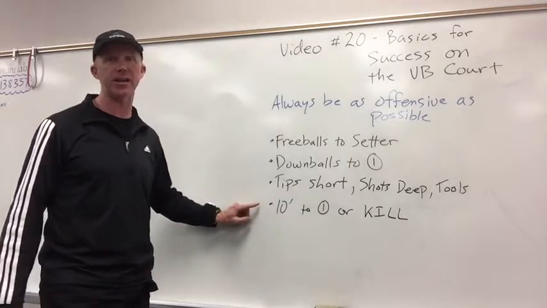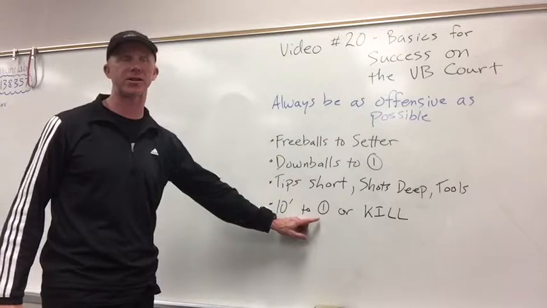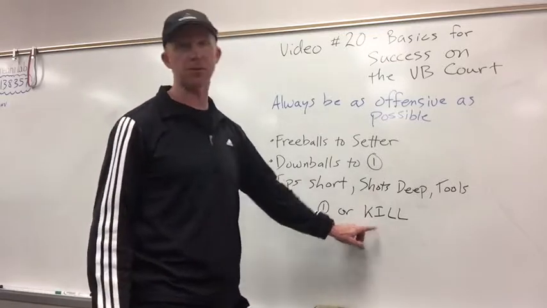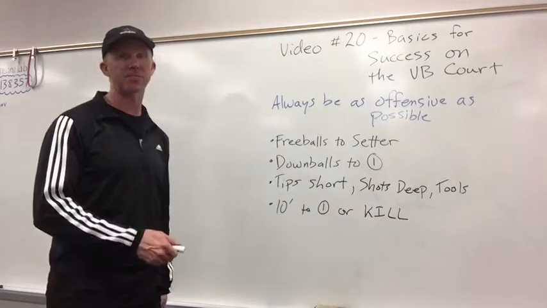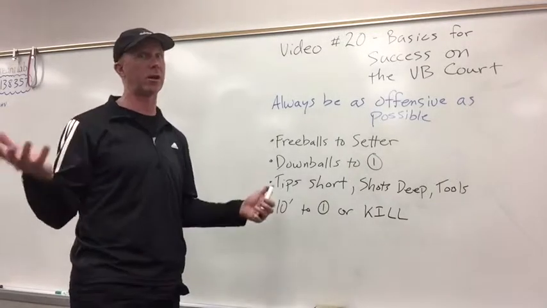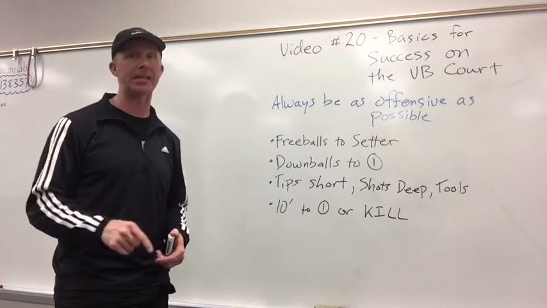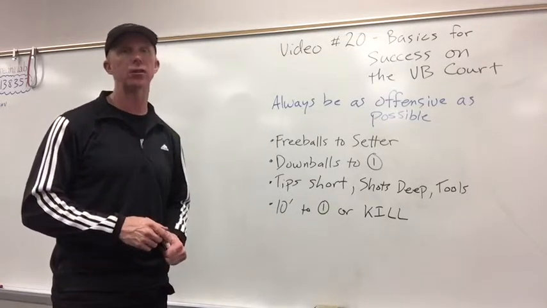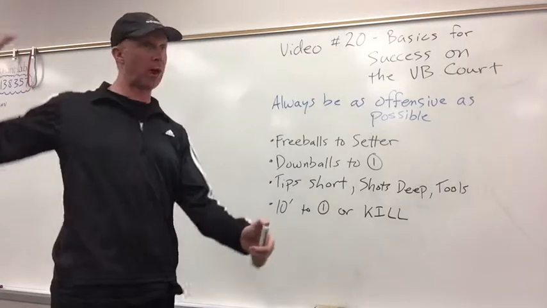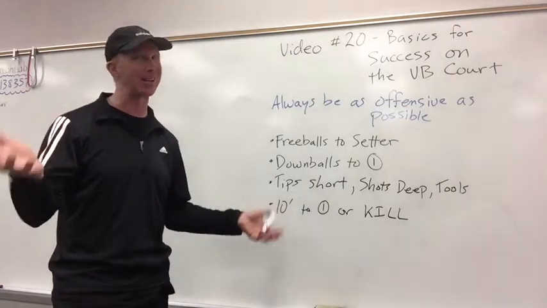And 10-foot line hits, back row attacks, go to area 1 just like down balls do without exception. The exception is if you can get a kill. So if that set leads you to their left back, which is where their libero is, you'd better be crushing that ball and getting a kill, not just hitting it hard. You better see, I got this. Otherwise, you bail, you take heat off it, and you go back to area 1, because that's what volleyball players